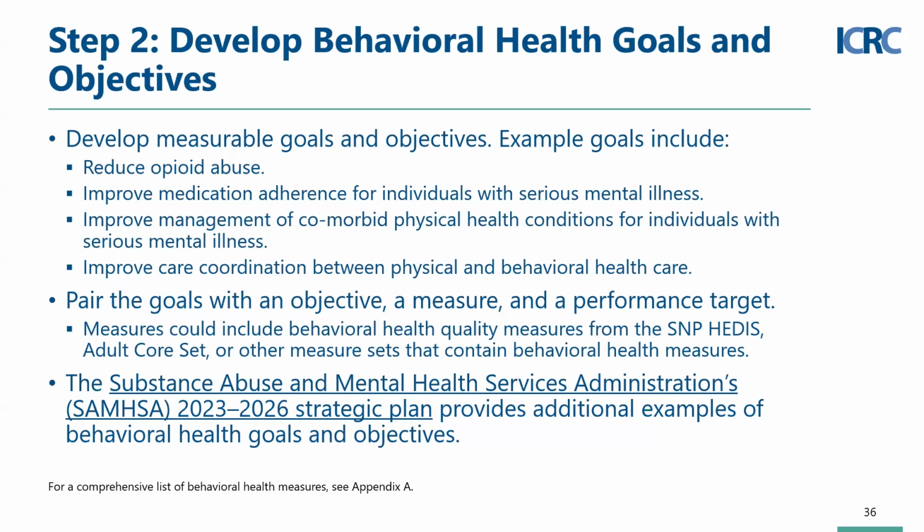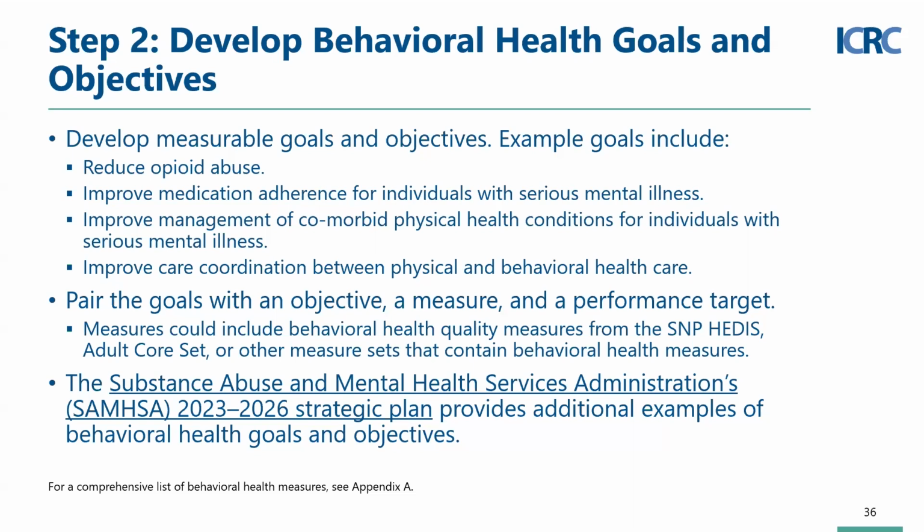Some example behavioral health goals include reducing opioid abuse, improving medication adherence for individuals with serious mental illness, improving management of comorbid physical health conditions for individuals with serious mental illness, or improving care coordination between physical and behavioral health care. To make these behavioral health goals actionable, states can pair each of them with one or more objectives, measures,